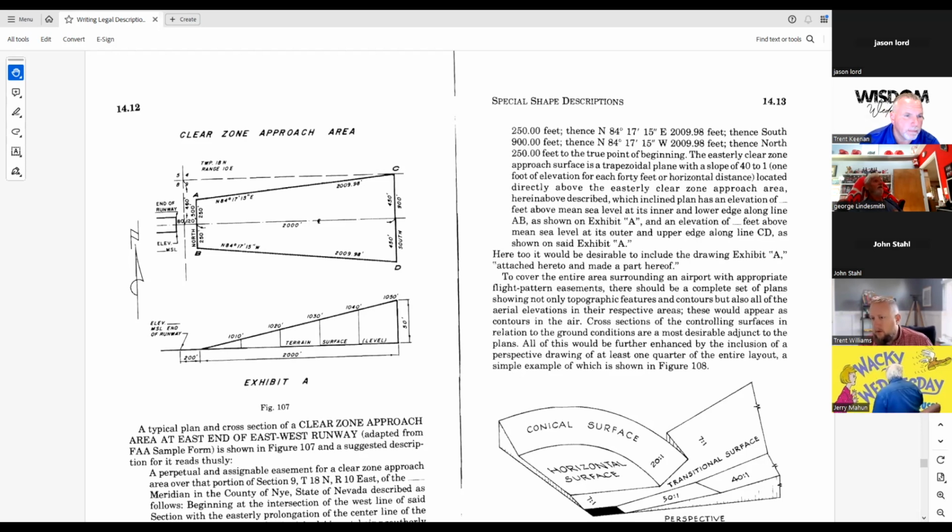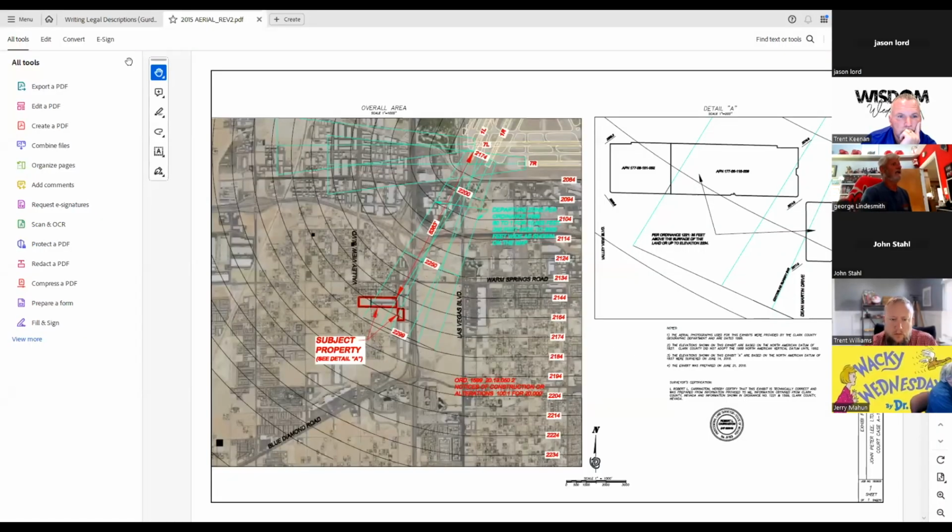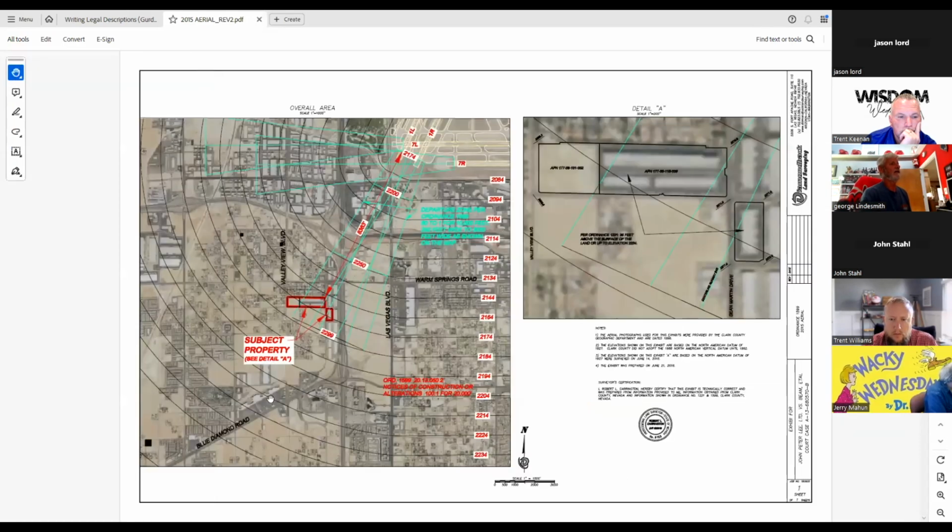At Reno Tahoe, they have commercial, private, and military aircraft. The commercial and military aircraft clear zones are different. The slopes are different. They're now flying C-130s out of there. They used to fly F-4s out of there. We've done a lot of work on that airport where we extended runways on both the north end and the south end, and it's amazingly complicated to make sure you know where you are on that vertically.